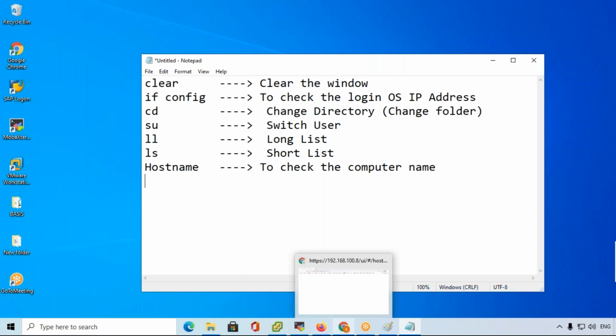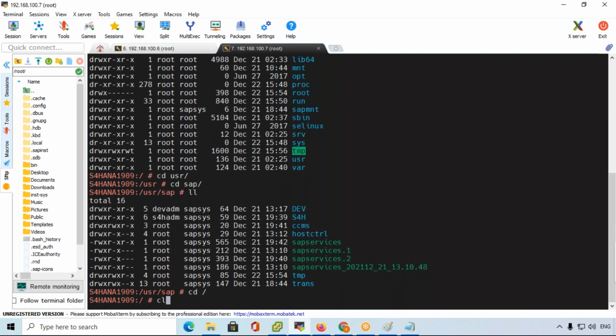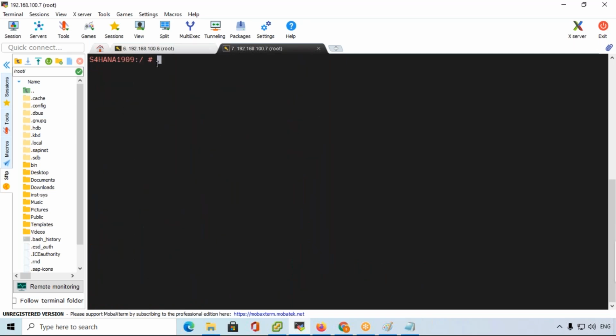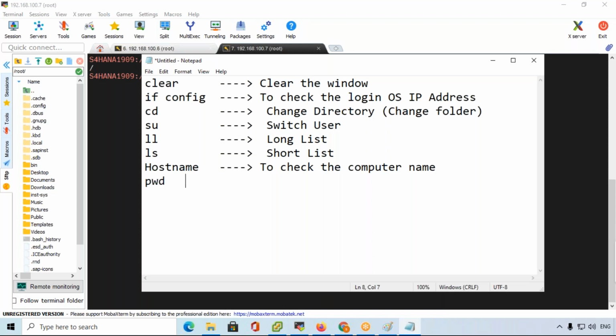Yeah. So see here. So at present we are in... Let's clear this window. So at present we are in pwd, present working directory. Present working directory means present folder, present location, present working folder.